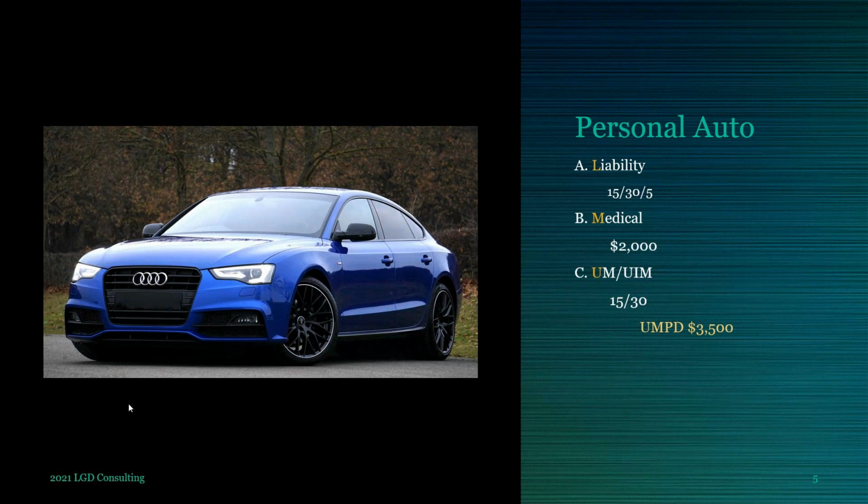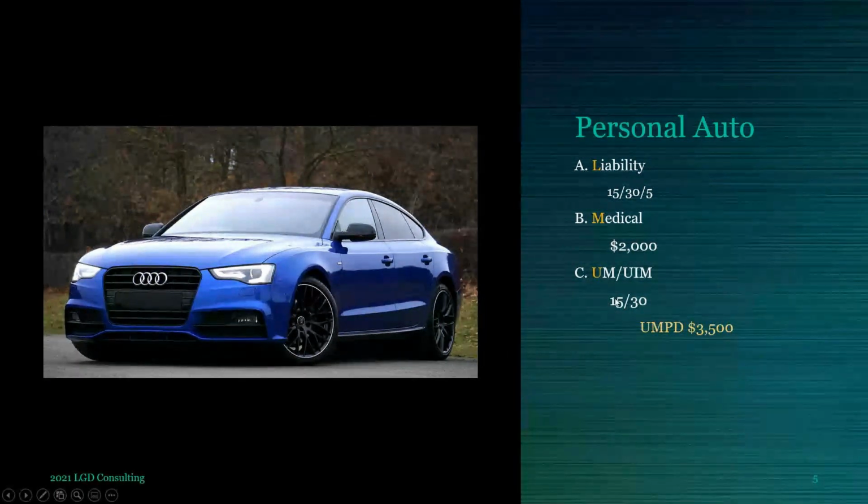And you notice it's the same limits as the liability. If I had 100/300 under coverage A, then I can get 100/300 under uninsured motorist and UIM coverage, okay? You've got to look at it this way. If you hit someone and we're going to pay them $100,000 for their bodily injury, would you want the same $100,000 for you and your family if someone without insurance hit you? And that's why it's typically matching limits for the first two numbers.